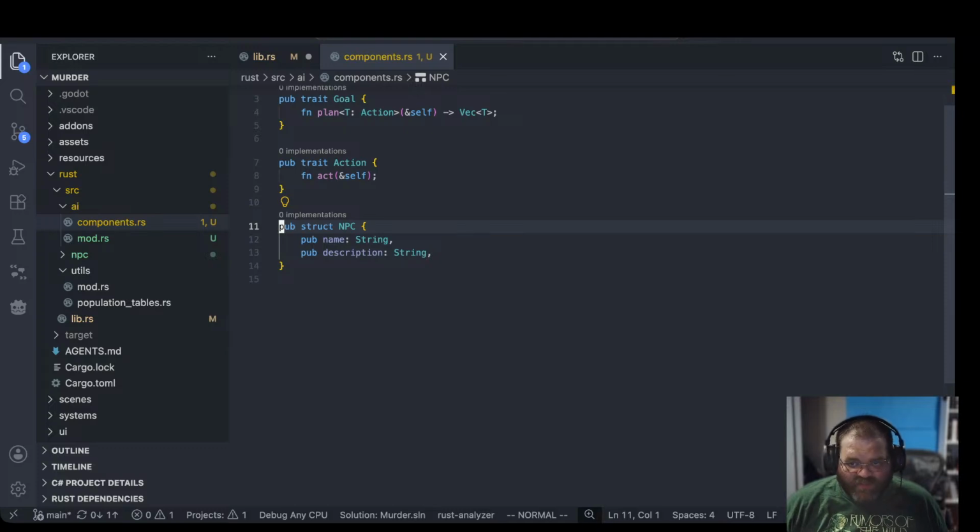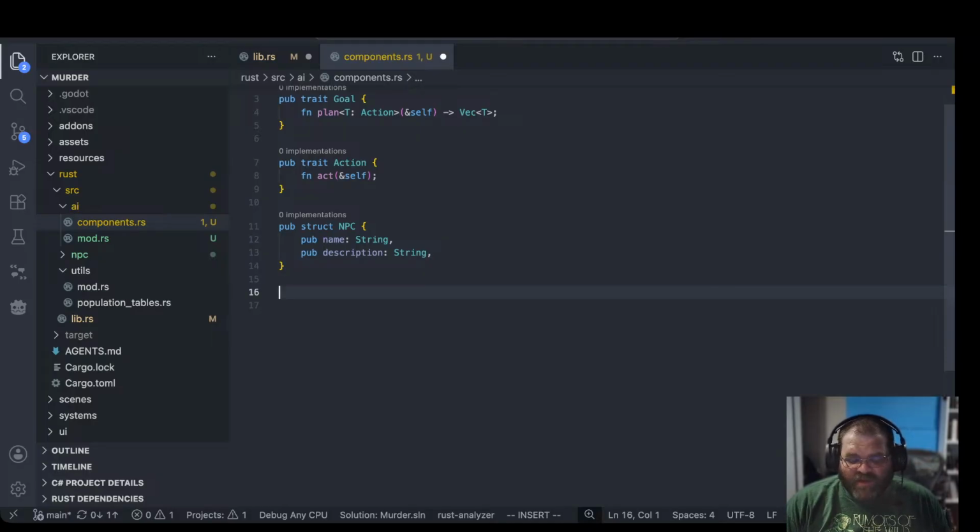Traits describe behaviors or attributes which can then be implied, I think is a good way of putting it, for a given struct. And what this allows you to do is take a struct and use it in a function whose signature expects something that's not that struct. So for example, what we can do, let's say